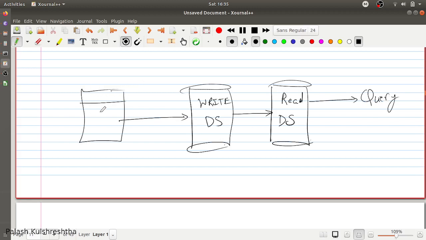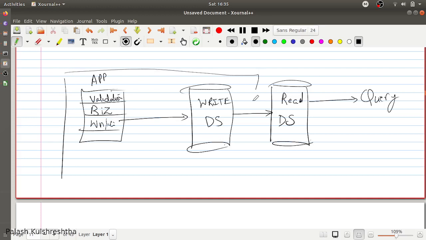And this is your application, which is doing validation, business logic, and writes. So instead of sending direct queries to the database, we can create a model over it, and you will send commands to this system.